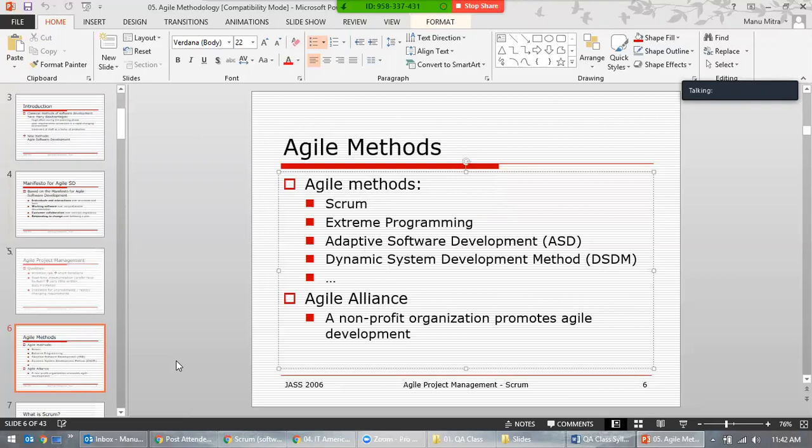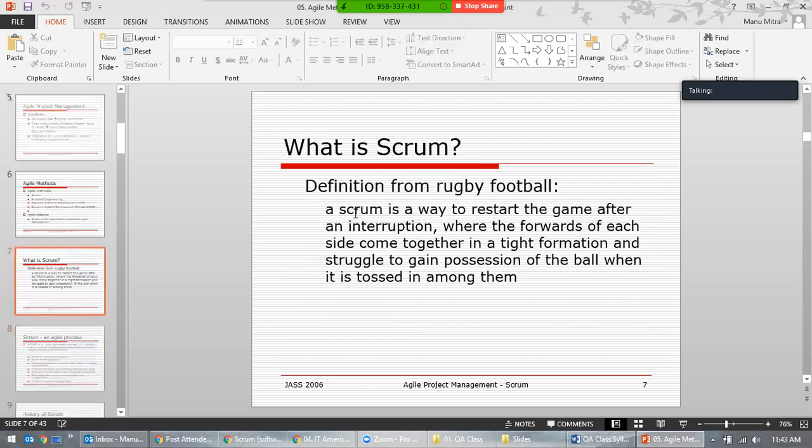Maybe in the last class we'll just have a glance at how Kanban looks. It's easy, not as complicated as Scrum, because Scrum has too many people, a lot of meetings, and a lot of talking. Kanban is not that much, but we can still discuss that in the last class.